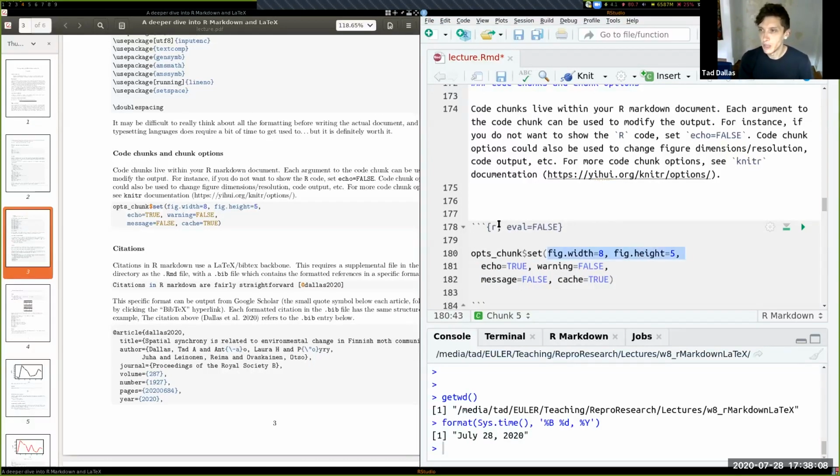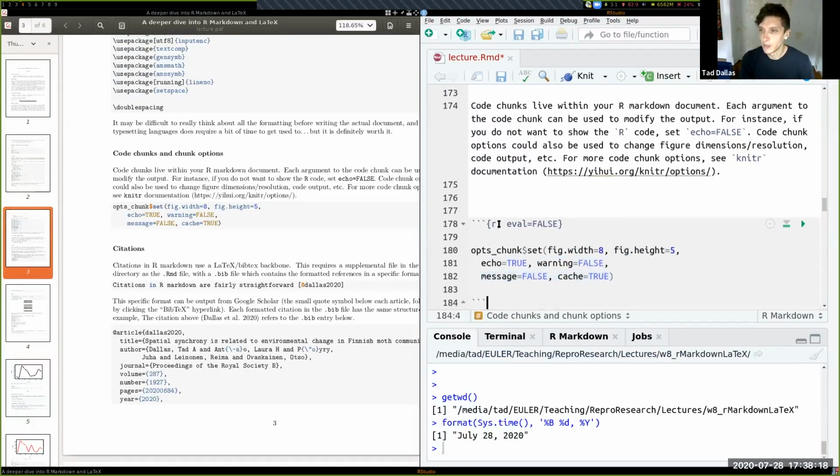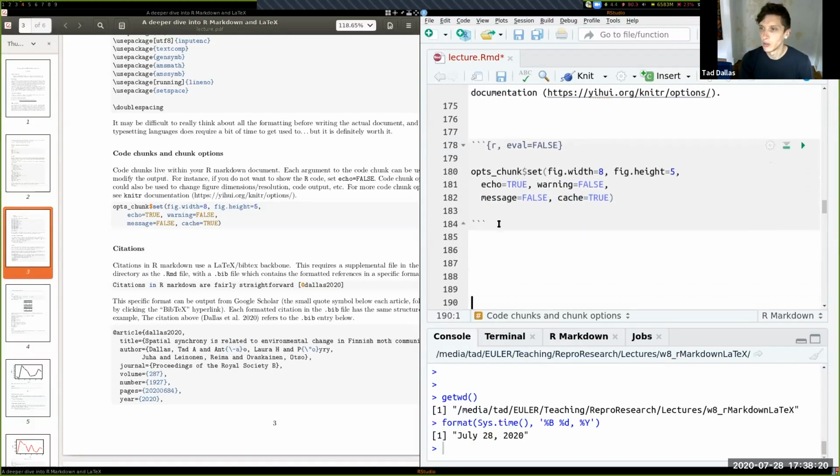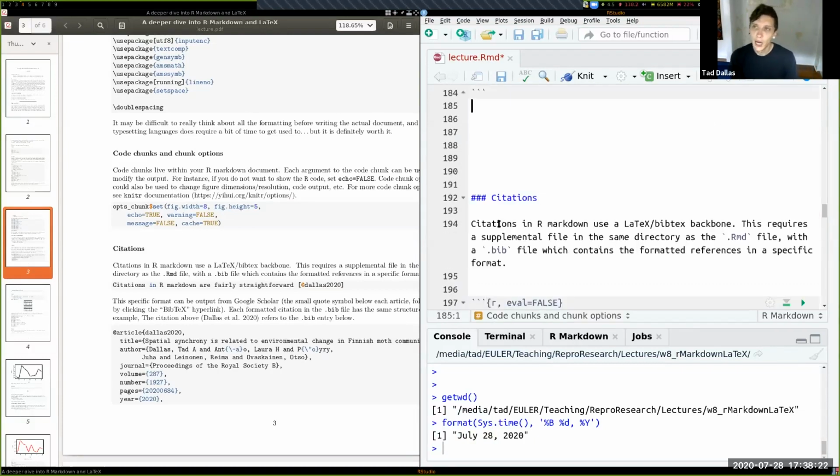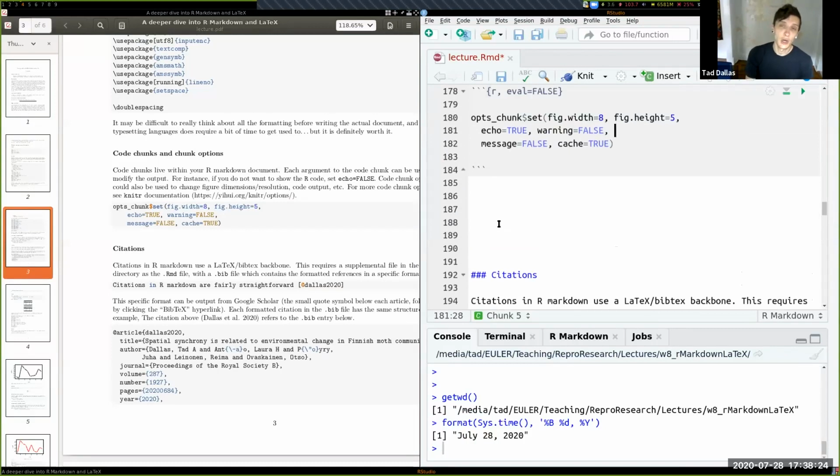But here it's going to set the default width to 8, the height to 5. It's going to default to echo equals true. It's going to suppress warnings or not give warnings. It's going to cache the code with the results of the code. And there's a bunch of things, like there's many, many chunk options, which I just don't go over here. And so you can see more of them in Advanced R, which is Hadley's book, or probably just in the, what is it?